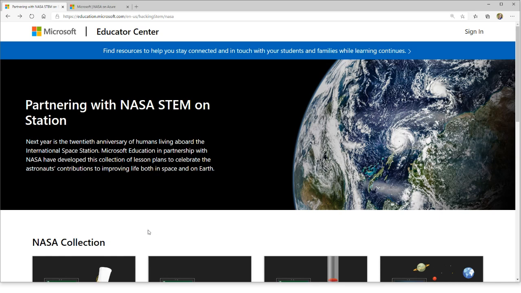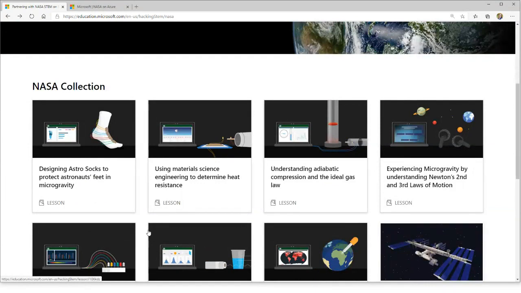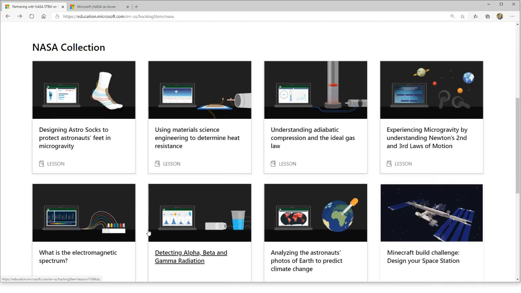But Hacking STEM basically creates educator resources that are essentially free. And I say essentially free because sometimes we might use things like paper and simple cardboard and tape and things like that. So we try to keep all of the lessons at a very low cost to teachers and parents and students. And last year we launched this NASA collection, which is a series of 8 lessons that we developed